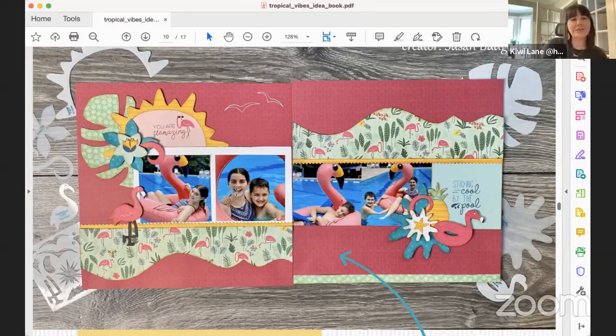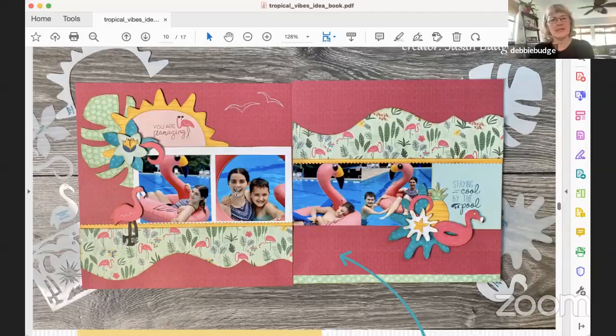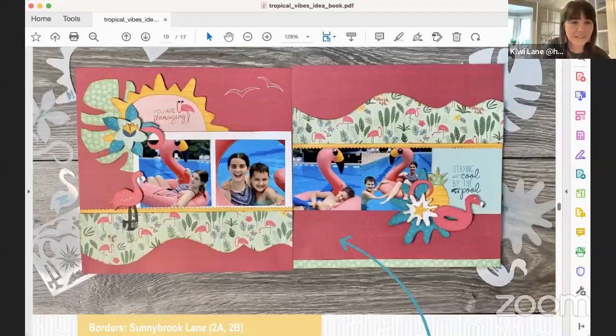And so I just doodled. I loved the white pen on that raspberry background sheet. Those seagulls look so cute, just traced like that on there. Just a pen. I'd even cut them out. I just traced it on there and did that. And then I just did a few little details in the flowers.